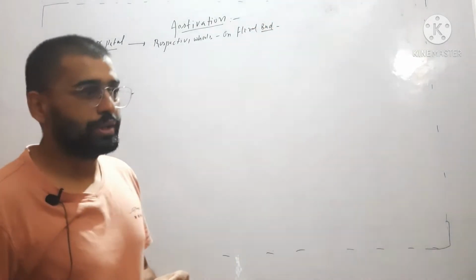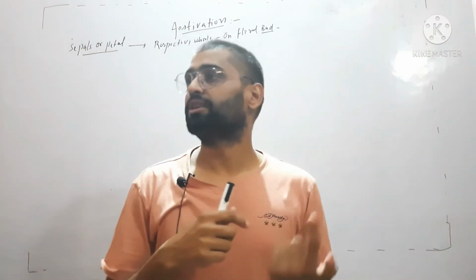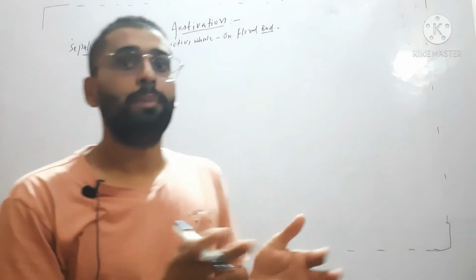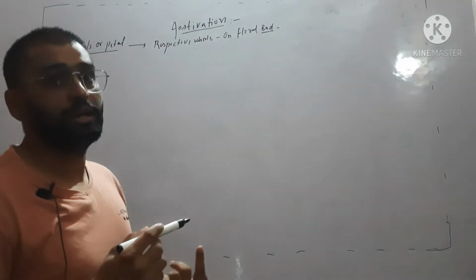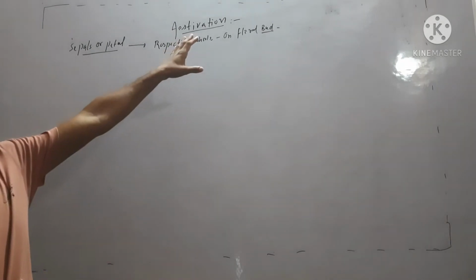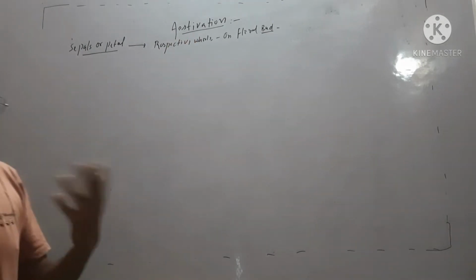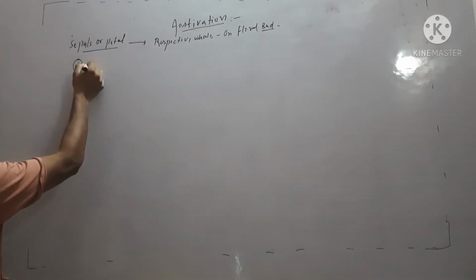So we know that sepals and petals are arranged in a whorl. Sepals have a different whorl, petals have a different whorl. So in their respective whorl, how they are arranged, this arrangement is called estivation. Estivation has different types. We will discuss them one by one. First is